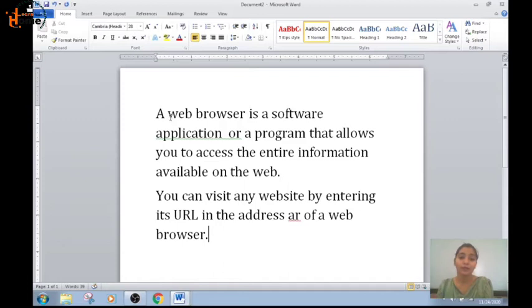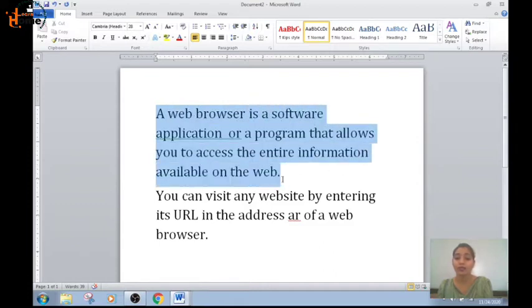You will simply place the cursor wherever you want, and you will drag the mouse. You will hold the left mouse button and drag. Wherever you release the button, it will stop there. Now this blue area indicates that this text is selected. Now you can apply any changes on this text.